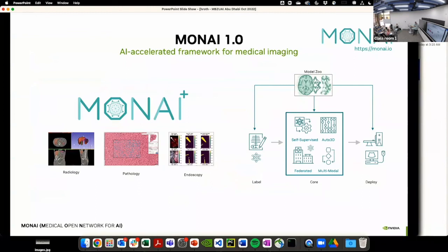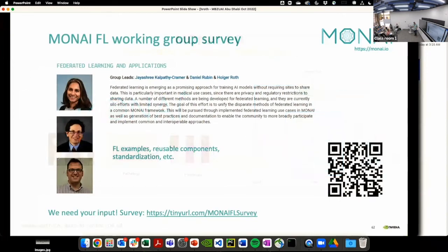And we're also working a lot on some open source community efforts for medical imaging. It's called MONAI, an AI accelerated framework for medical imaging. We are starting with customized applications for radiology, so 3D networks, transformations, custom loss functions, they're all provided here. Again, Charashvi and I are involved in leading, together with Daniel Rubin from Stanford, the working group for federated learning within MONAI. So here, a lot of the focus is around